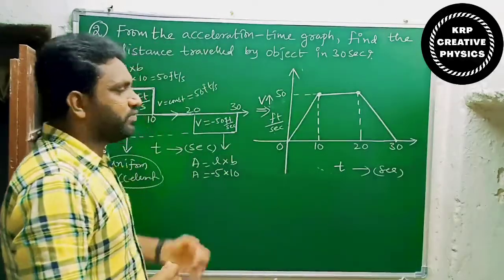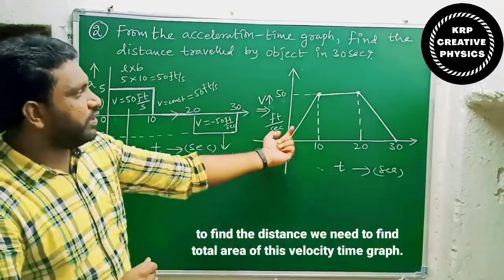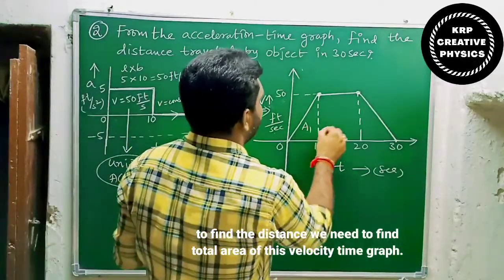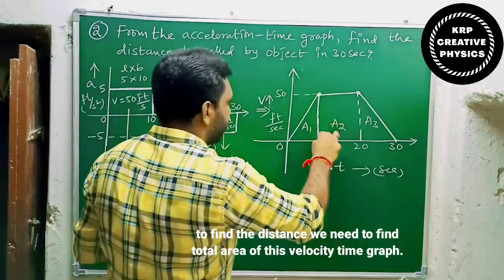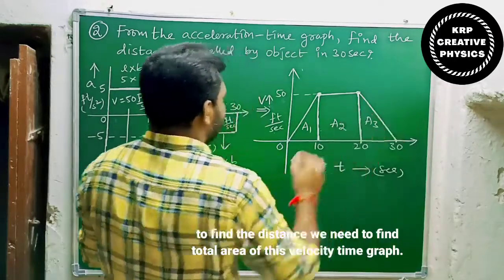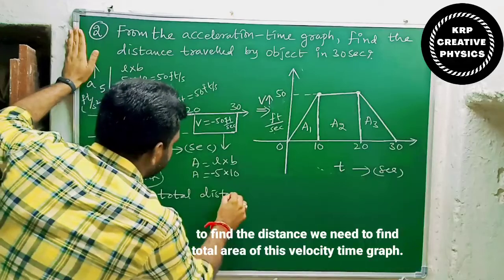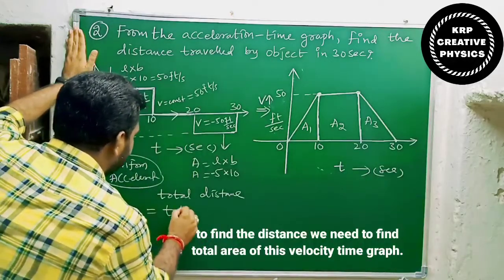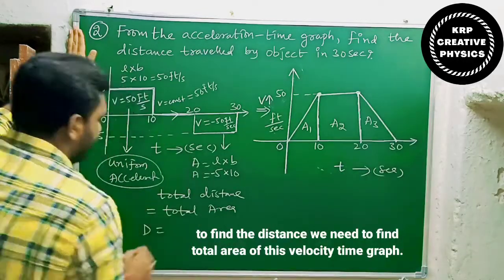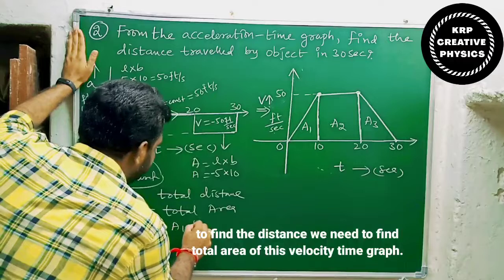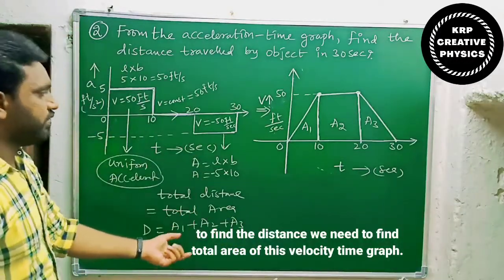So finally we draw the graph here. From this velocity time graph, it is easy to find the total distance after 30 seconds. So what we need to find here is the total area of the graph. This is A1, area 1, A2, area 2, A3. This is in the form of a triangle, and next a rectangle and a triangle. So we need to find the total area. So total distance equal to what here? Total area. So total distance, denoted with D, after 30 seconds, means total area, A1 plus A2 plus A3. After finding all the areas, just substitute these values here, then we'll get the answer.